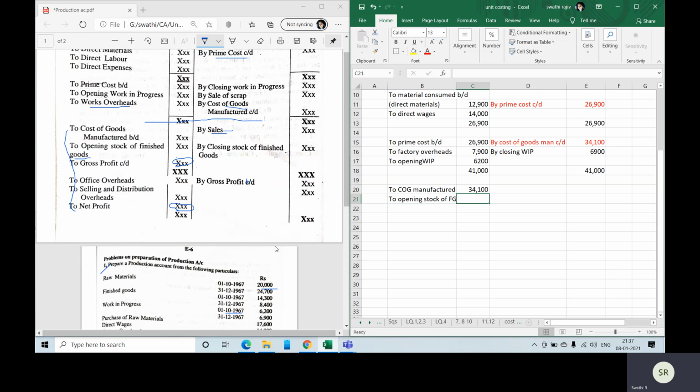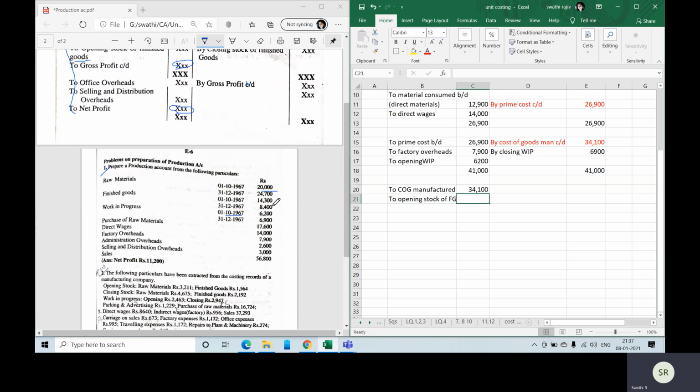Once you check what your finished goods are, we have 14,300 here. And then obviously closing stock will come here by closing stock of finished goods. It is